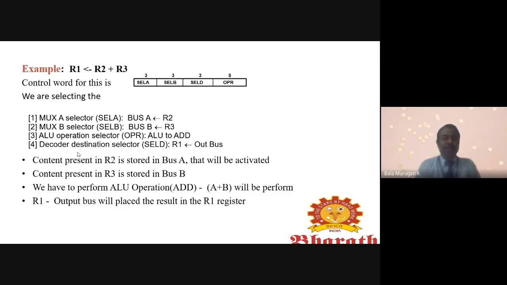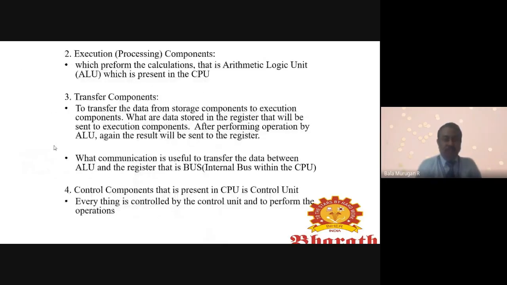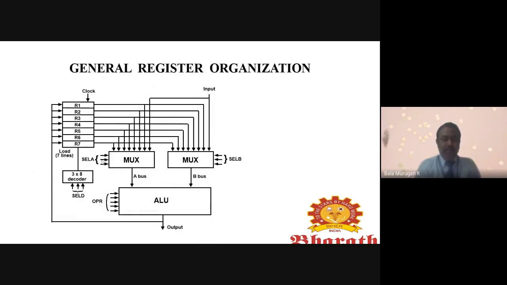Then finally, in the decoder, in select A we are sending the code select A, and select B we are sending the code through the multiplexer, and it sends to the arithmetic logic unit. Here the 5-bit code is sent, that is for addition. Addition means 00010. So that means the addition operation you are going to do. And after the arithmetic logic unit, finally it sends the result to the R1.